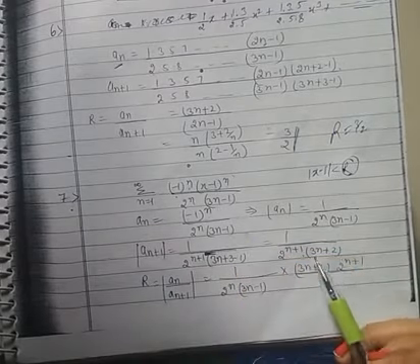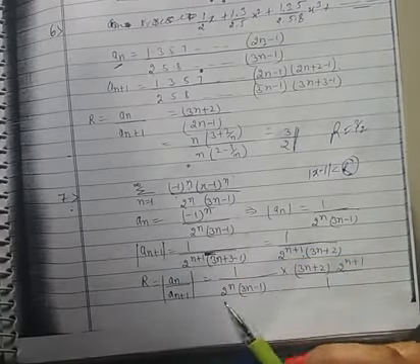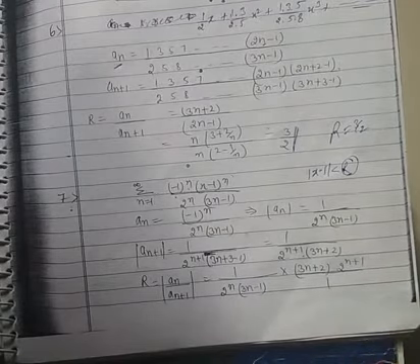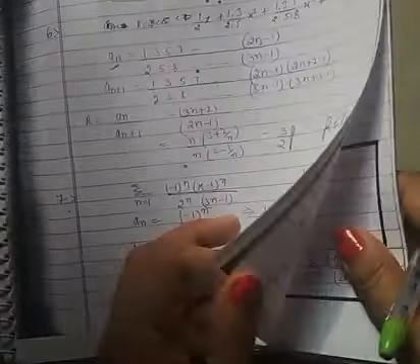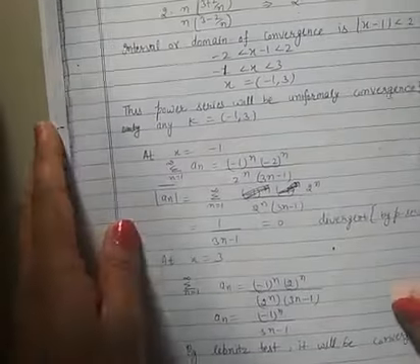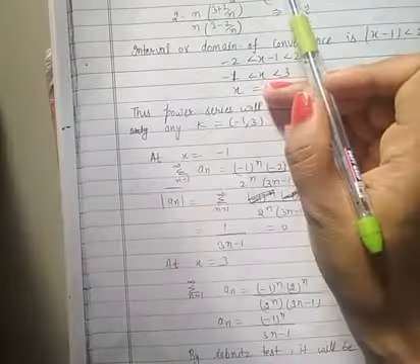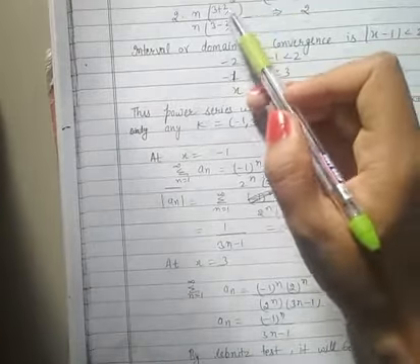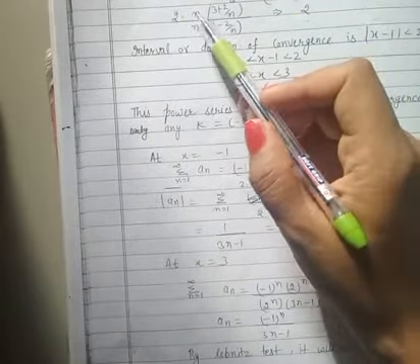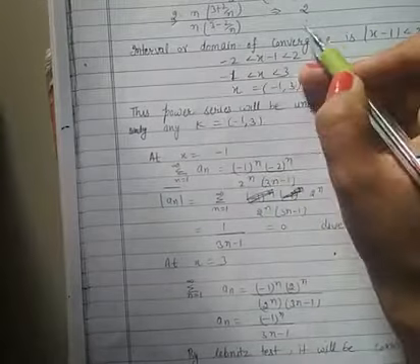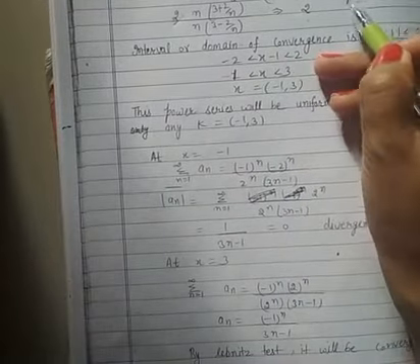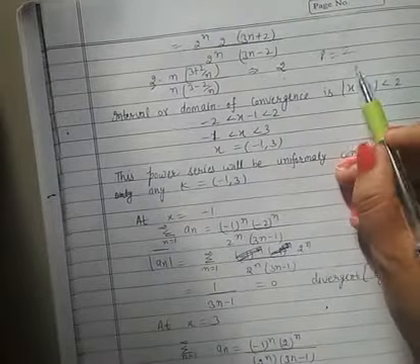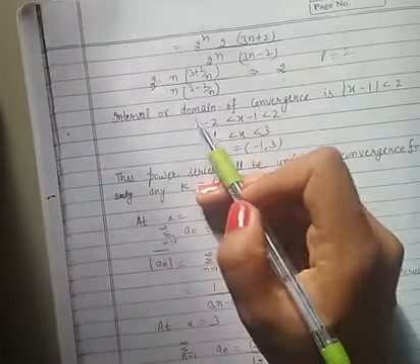Now you take this ratio, 2 power n plus 1 will cancel out. Here you will take out the n outside as common, and what will be left is, this will cancel out. When you take the n and 3 to 3 cancel out, the only term remaining is 2. So your r comes out to be 2. Now you have to find out the domain of convergence.